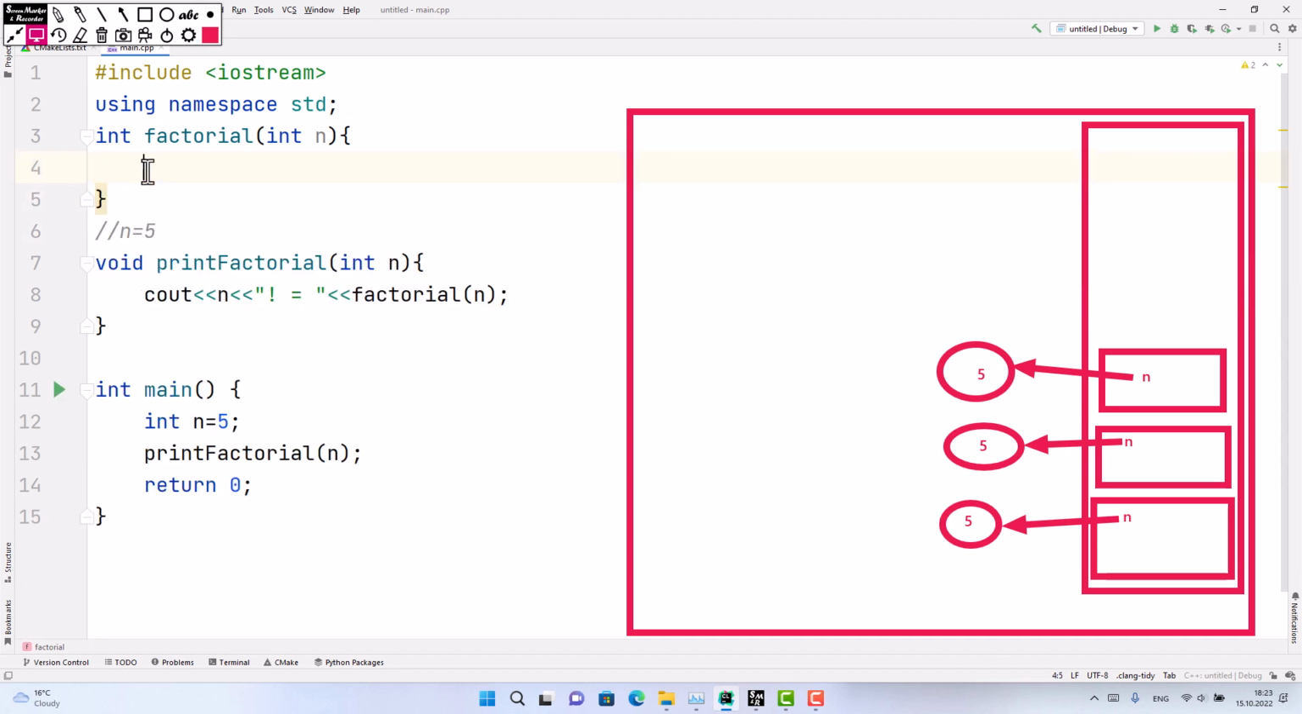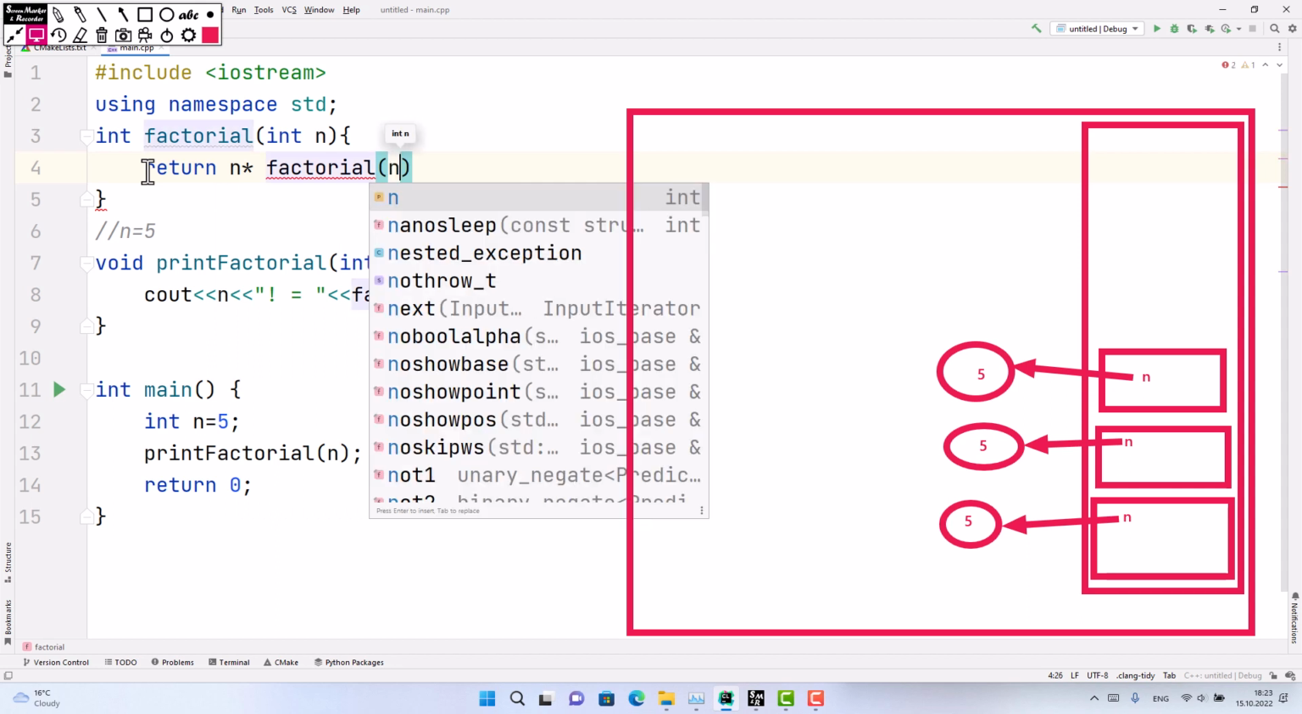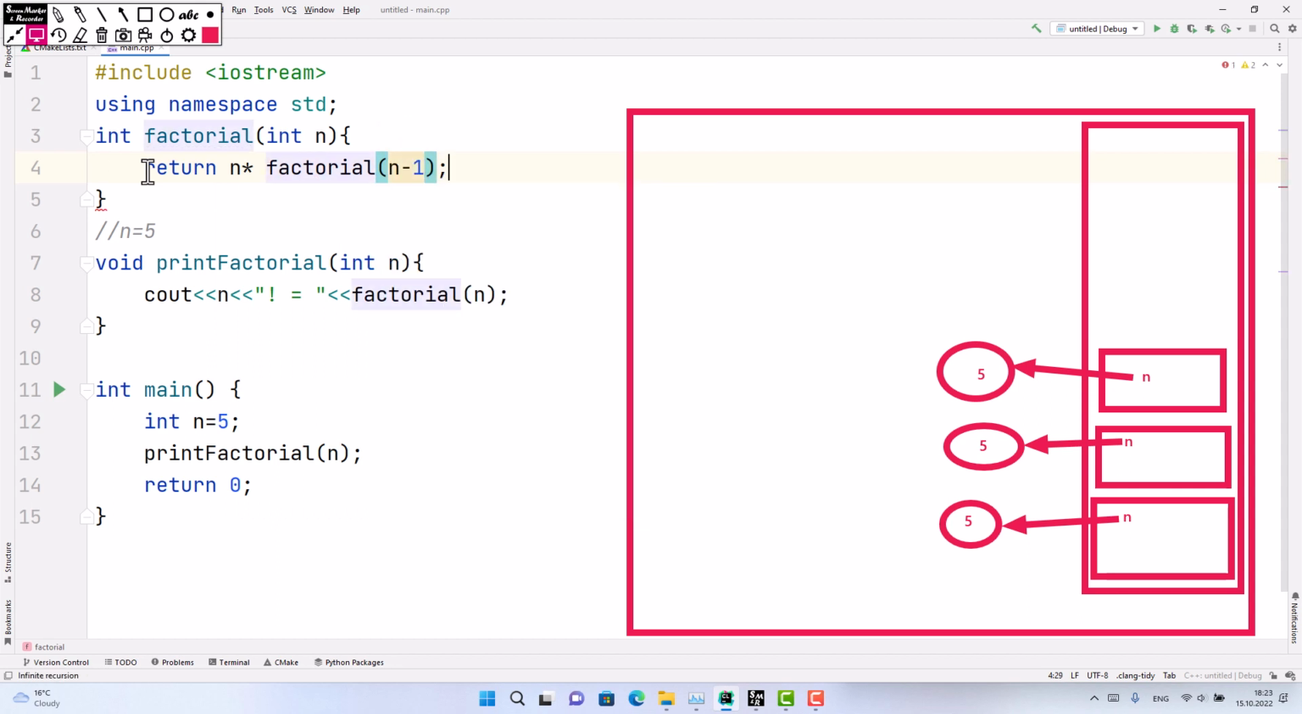For example, from math we know that the factorial of n is the product of n and the factorial of n minus 1. But if we leave the code like this, it will cause a stack overflow error. So what does stack overflow mean? It means that when